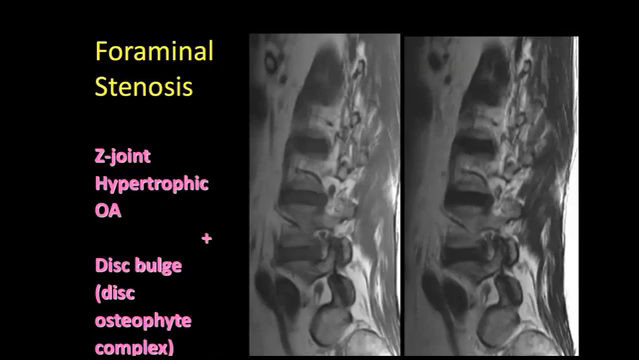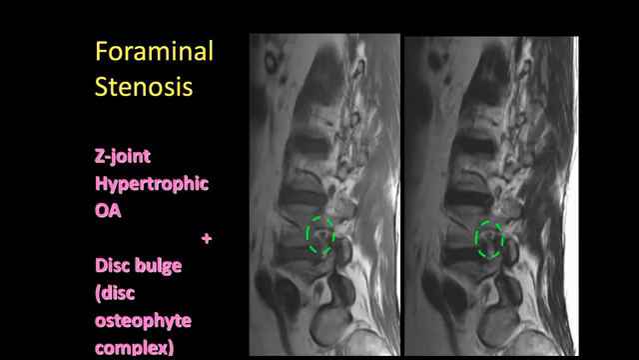Now, we can segue kind of from axial to radicular pain and think about neuroforaminal stenosis. So neuroforaminal stenosis can be a contributor to radicular symptoms. And so you may have a combination of the facet joint hypertrophy and a disc bulge or disc osteophyte complex,